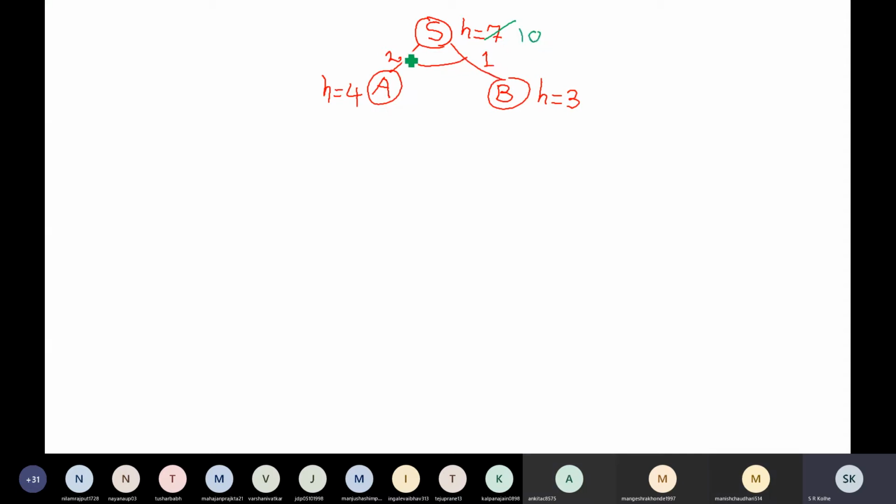Initially, we assumed these costs are 0, or in your book it is assumed that these costs are 1, but this cost can be different also. So we are taking that case also. So the cost associated with S will change, that is this plus this, 4 plus 3, plus 2 to generate A, 1 to generate B. So the total cost is 10. Now instead of 7 it is 10. Now what will happen? What to do?